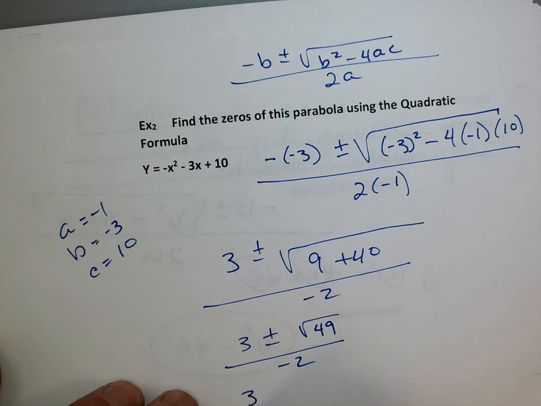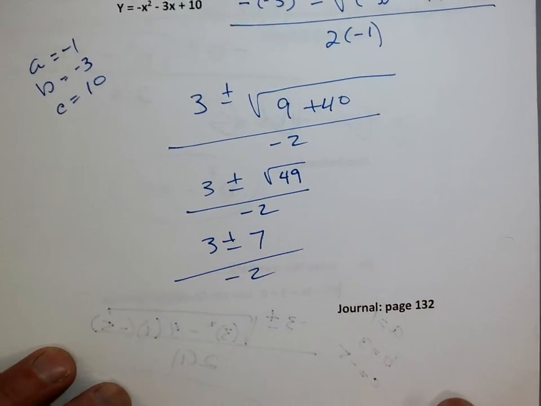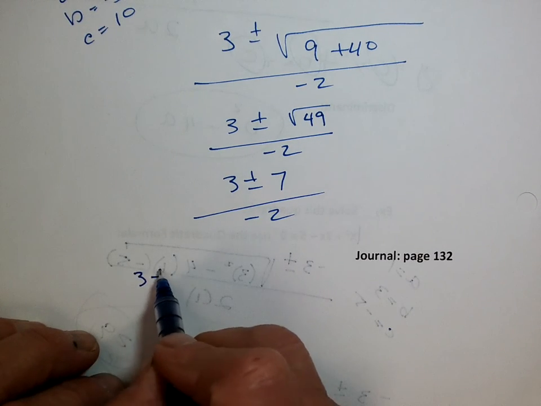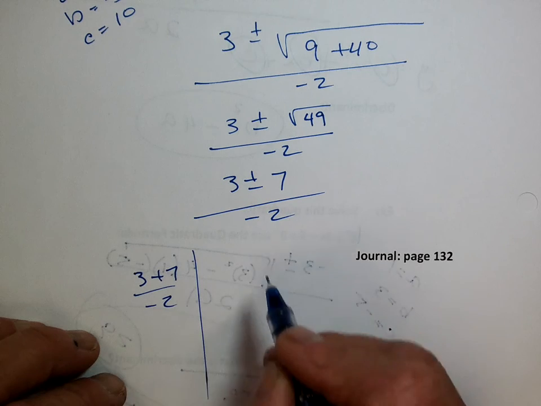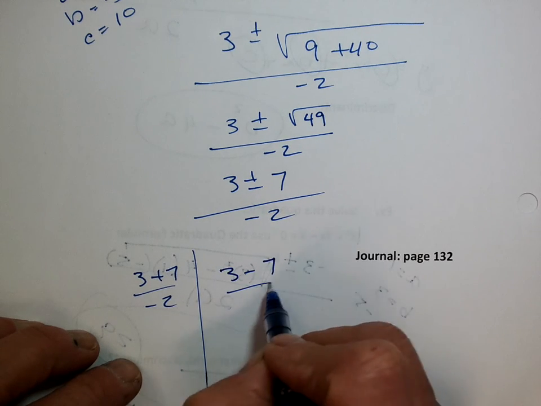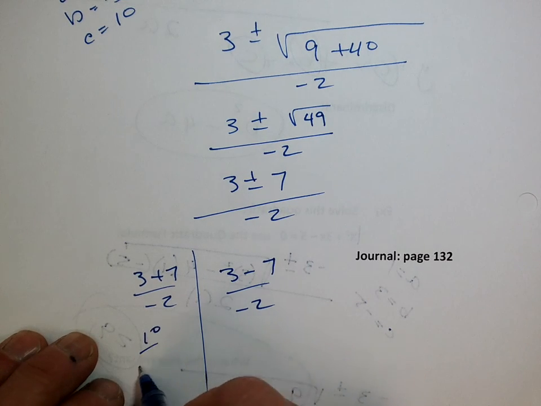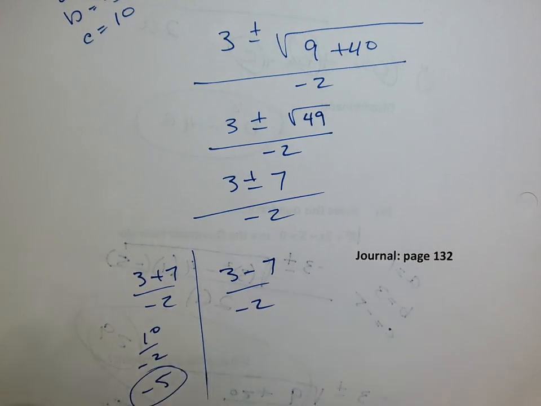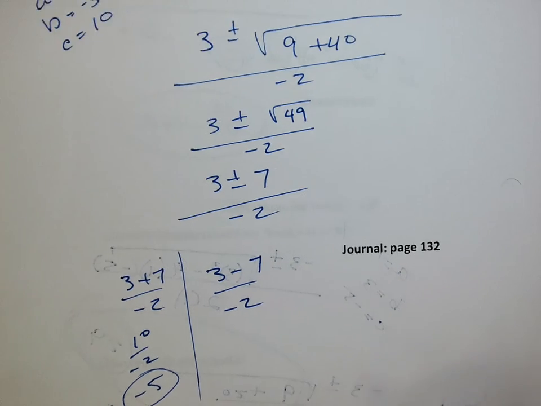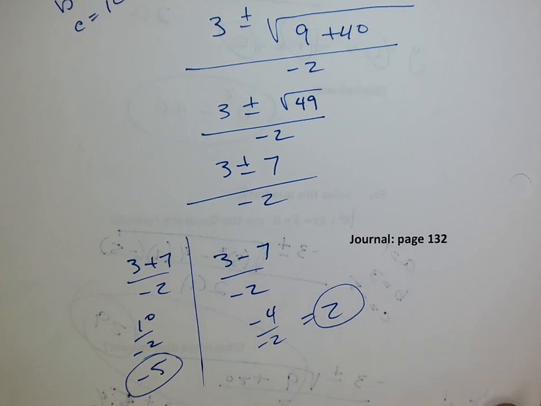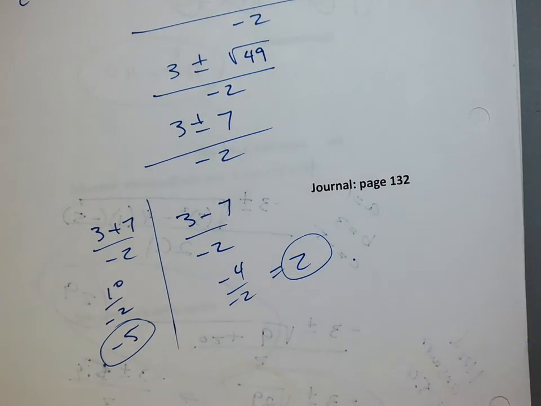So then I got 3 plus or minus 7 over negative 2. And so I really got two. I got to have two answers. One is 3 plus 7 over negative 2 and 3 minus 7 over negative 2, right? I get 10 over negative 2, which is negative 5. There's one of my answers. Okay? And I've got a negative 4 over negative 2, which gives me a 2. There's my other answer. Slick, huh? Isn't that easy? Okay, so what I have for you